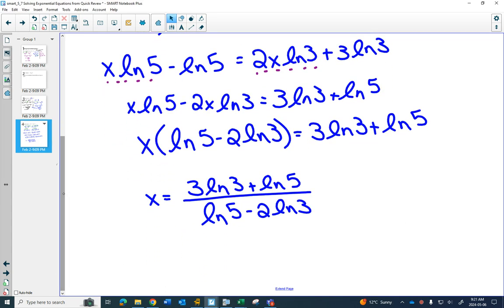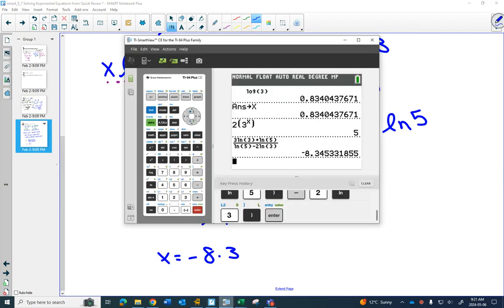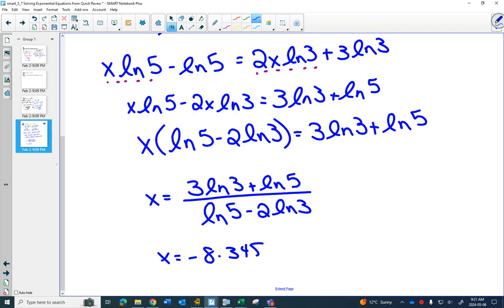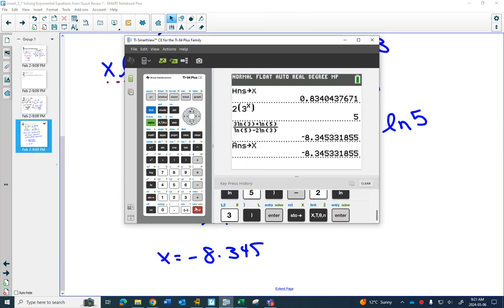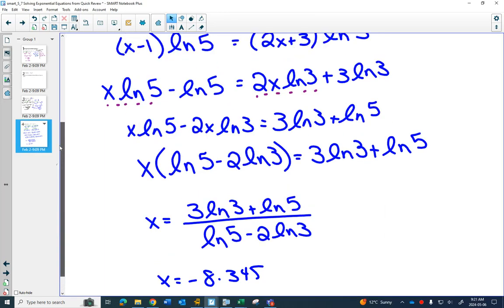Negative 8 point, again, 3 decimal places, 8345. And again, I'm going to check. I want to know if I got this answer right. But in my original equation,